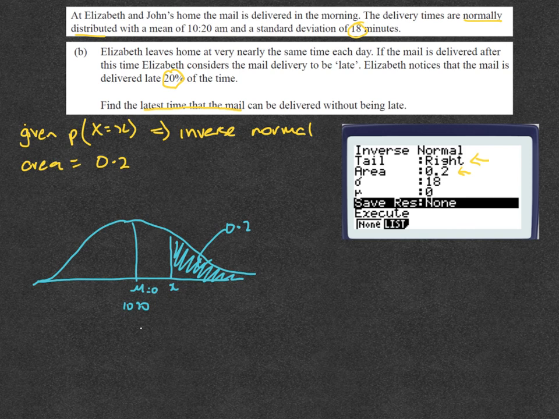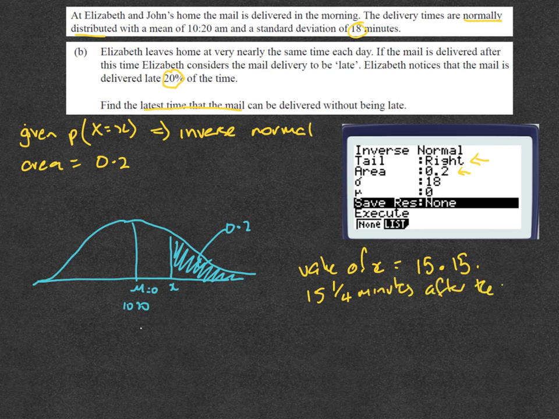When we do that, we get the value of x is equal to roughly 15.25. What that tells us is that this is 15.25 minutes after the mean. And as the mean is 10:20 a.m.,